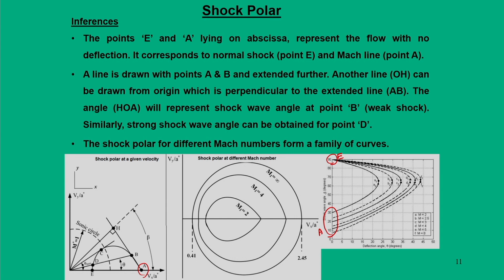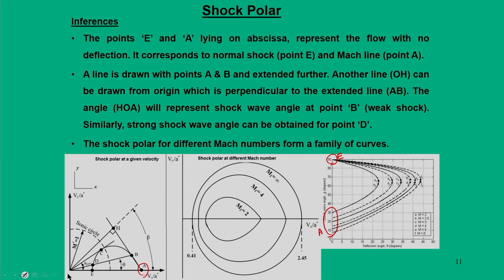Okay. And another important point that we are supposed to know is that once you have these points E and A, they lie on the oblique theta-beta-M curve, that is on the abscissa, with the y axis representing the shock wave angle. Now, for any other situation, if you want to find the shock wave angle, for example at point B, for a given theta and Mach number, then you can join the points A and B and extend,